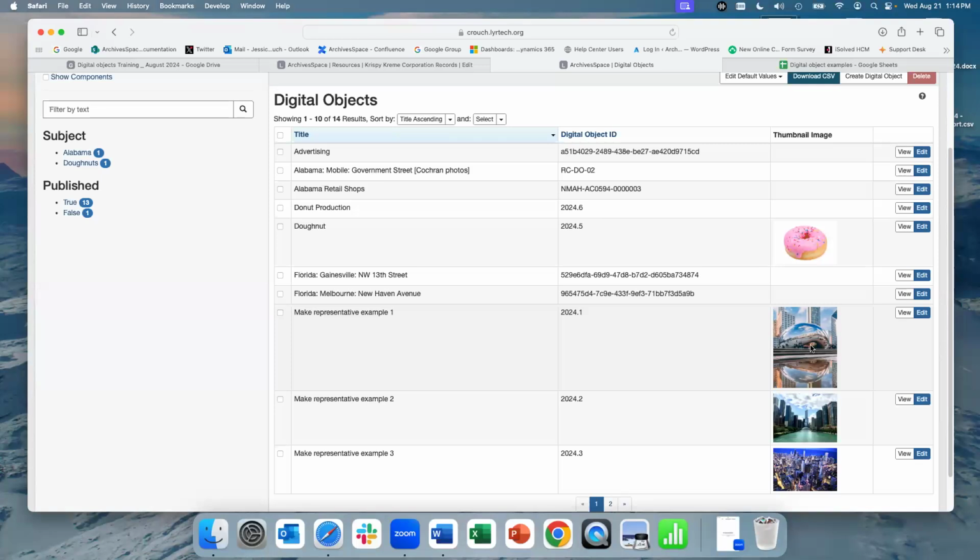And as we're moving through, you're also going to notice that even though we're calling them thumbnails, ArchivesSpace does not resize the image. So whatever you're putting in there, it's going to be the size of the image you put in. So you may want to use an outside tool to resize your images to something that displays a little bit better for you. I did not do that here. I used the JPEGs that I found. And for the examples here, you will see